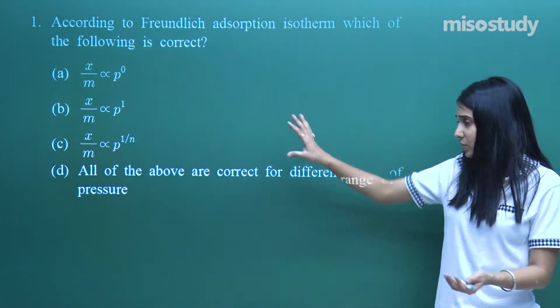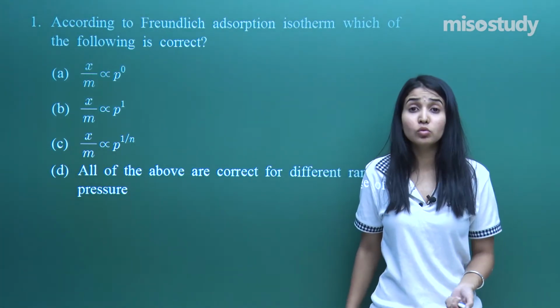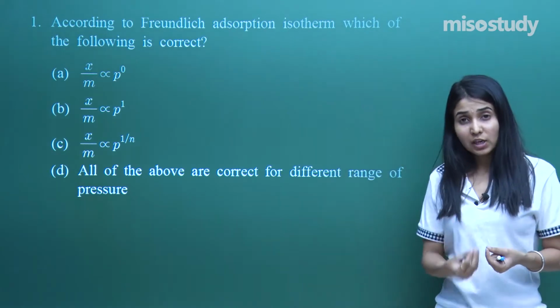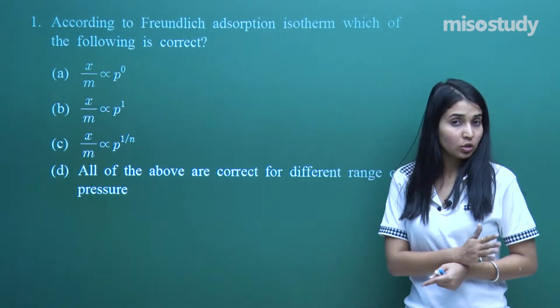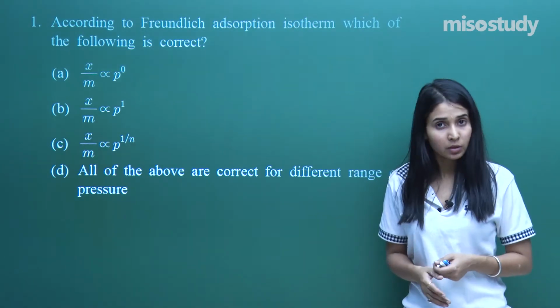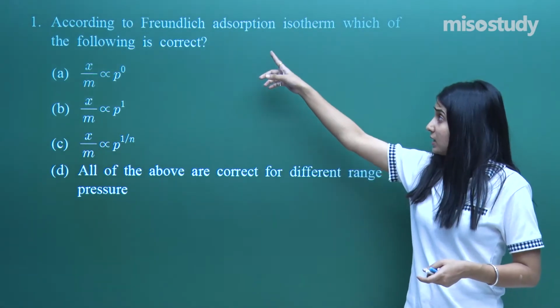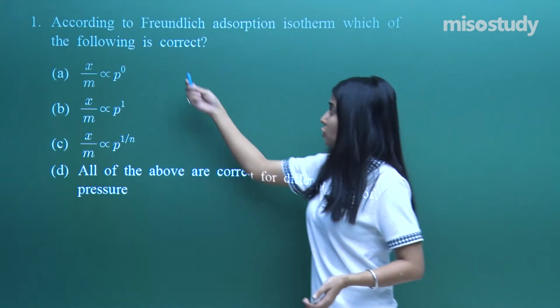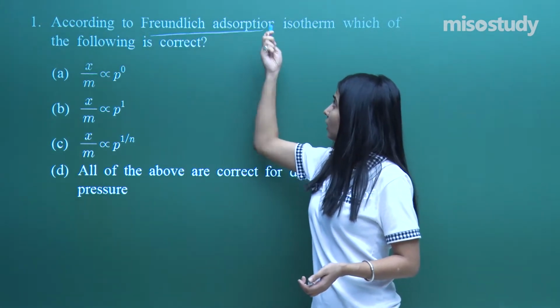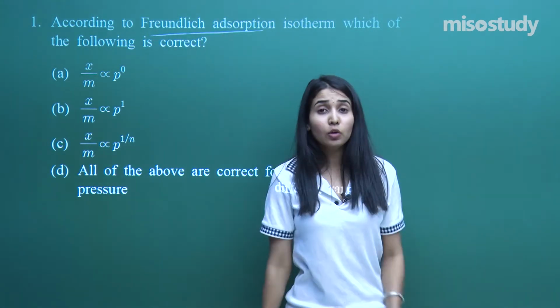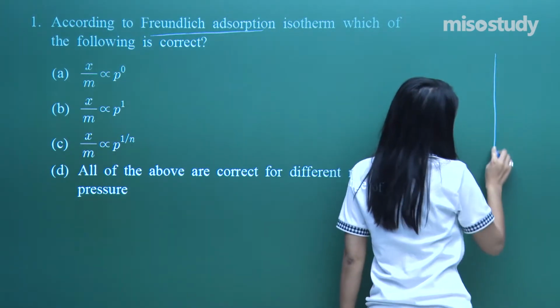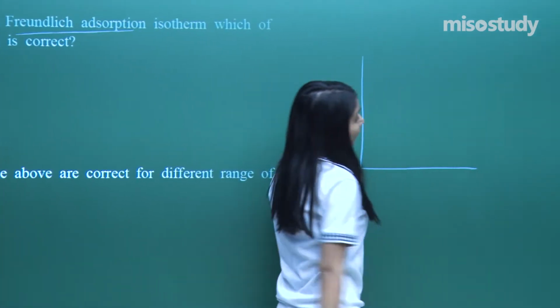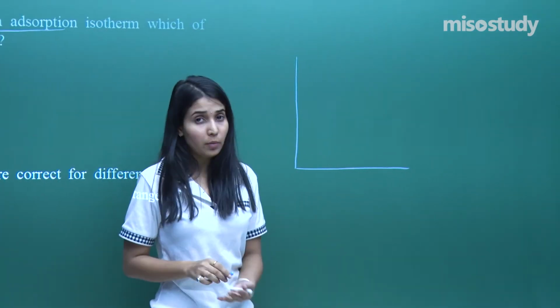Now of course, just by looking at this, I won't be able to say. What do I always say? Just proceed step by step and rule out the options which you do not find apt, right? Now it says Freundlich adsorption isotherm. I mark that. Now what do I have to do? If they say Freundlich adsorption isotherm, I should know how to draw it. I should know what the basic formula was.